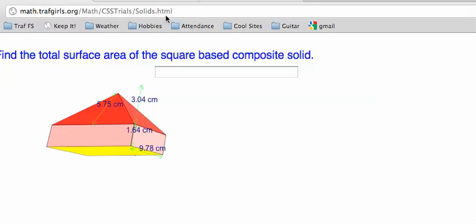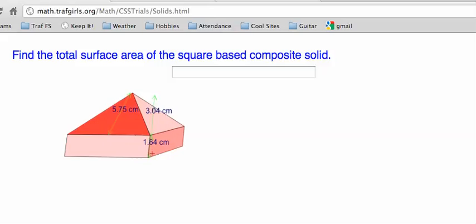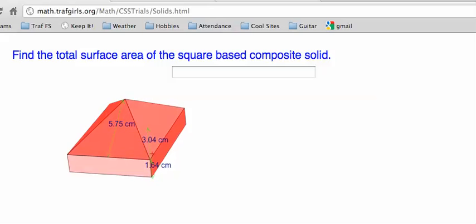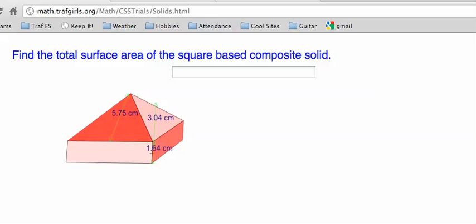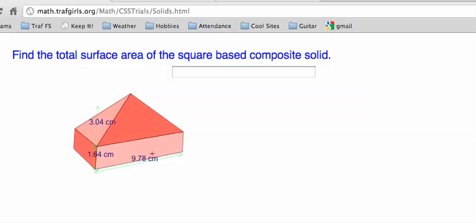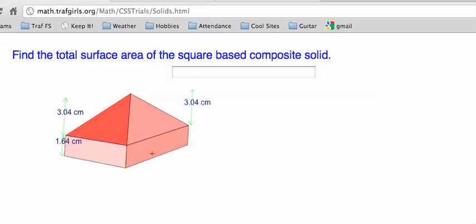Find the total surface area of the square-based composite solid. Okay, so this is a pyramid on top of a prism, right? So there's the pyramid top, and you can see the prism on the bottom. If you spin it around, you can kind of get the idea of what it looks like in 3 dimensions,